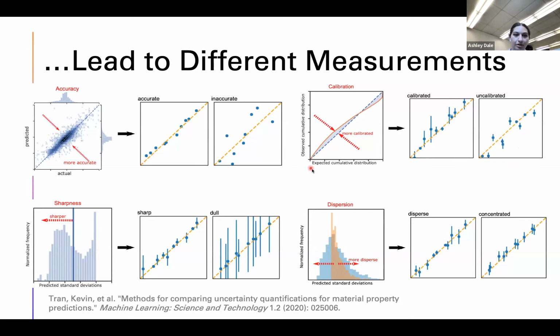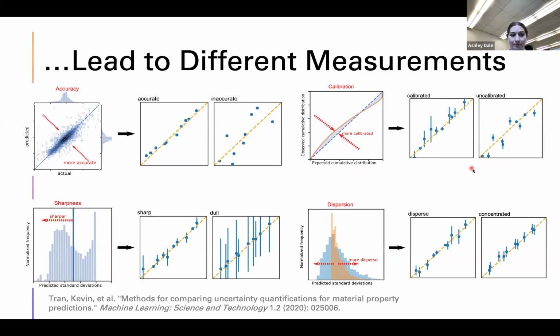So this plot here, it's a little bit weird to think about, but basically you're looking at what is the expected uncertainty distribution. In an ideal case, you're going to have training data that already has an uncertainty associated with it, so you know what the true uncertainty should be. And then you can ask your model to predict what the uncertainty is and compare those things. And so the farther away from that identity line tells you how calibrated or uncalibrated your uncertainty estimate is. So big point here, you want your true value inside of your error bars,